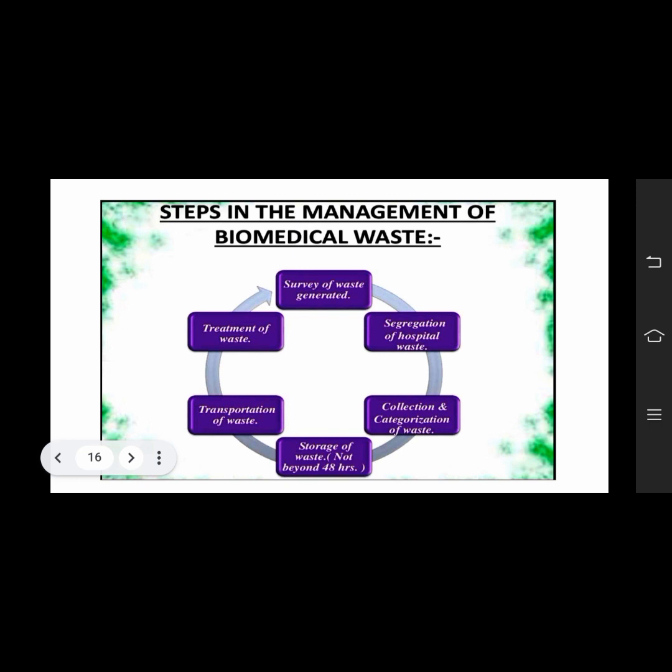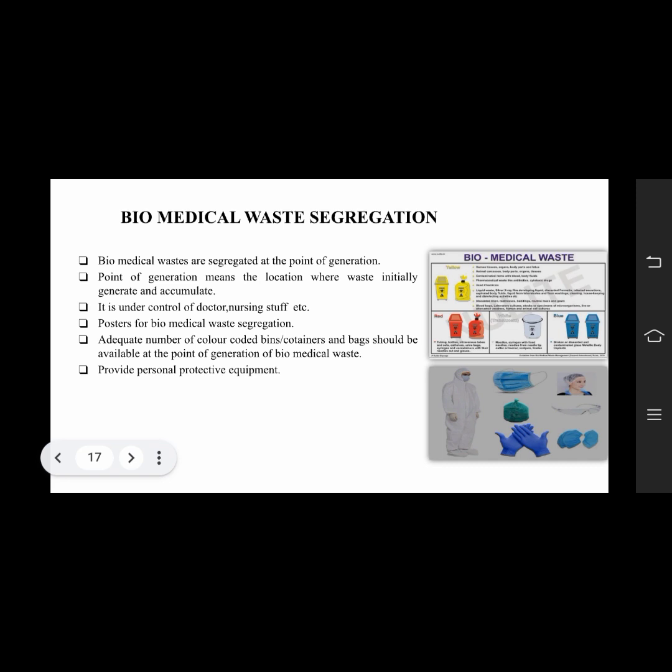Then we have to transport. After transportation, we have to treat the waste. How do we treat? First, after we have collected waste, we have to segregate it in a particular manner. Like in the yellow bin, all the anatomical waste; in the red bin, all the disposable waste used by the patients,